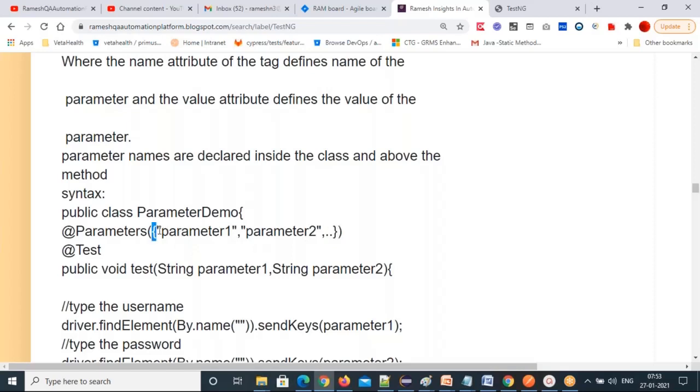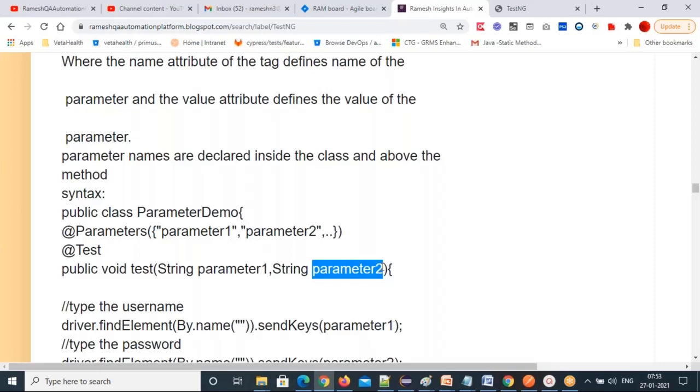Even for one, you have to put curly braces. Curly braces, double quotes, parameter1, comma, separate with comma, second parameter, parameter1 and parameter2. Two parameters I want to have in my test method. So @Test, public void test, the same parameter names should come here. What is the data type of these parameters? String. So data type parameter1, comma, data type parameter2. We learned in Java how to write parameters for a particular method.